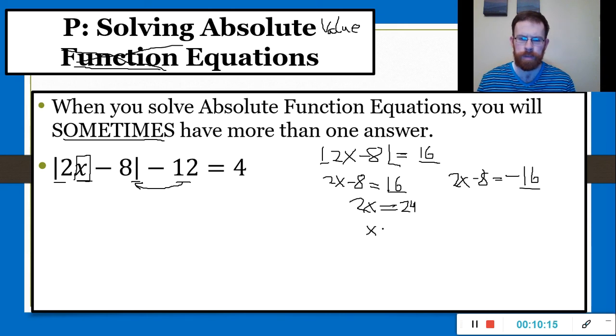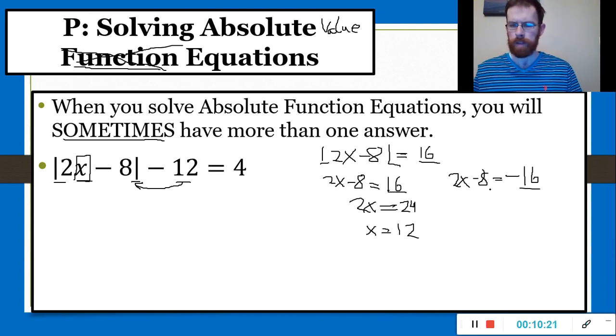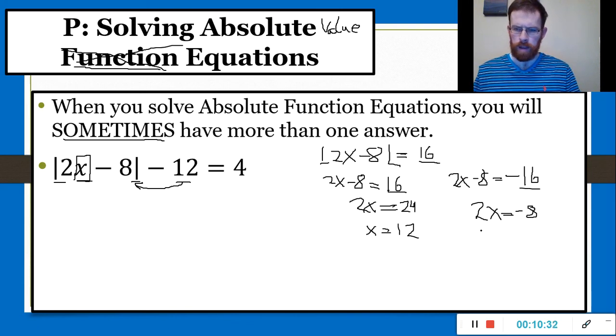24 divided by 2, x is equal to 12. Now over here, 2x, when you add 8 to both sides, well, negative 16 plus 8, I have 2x is equal to negative 8. And then,